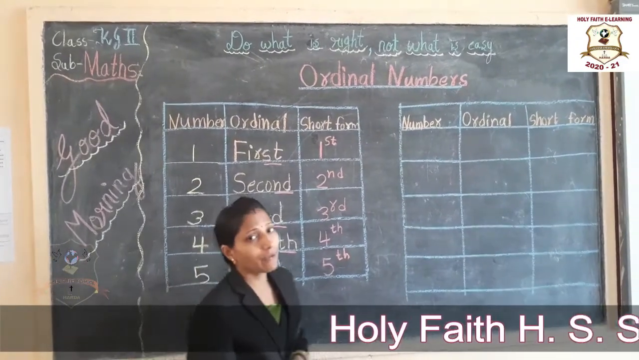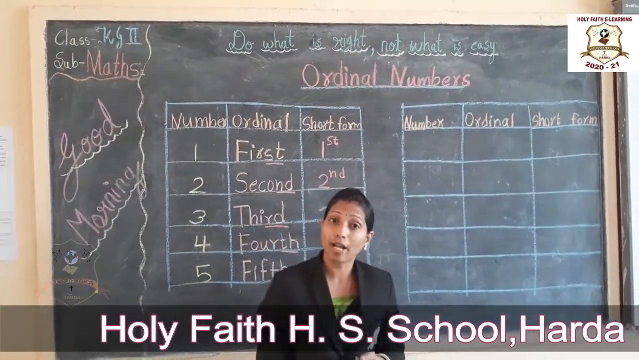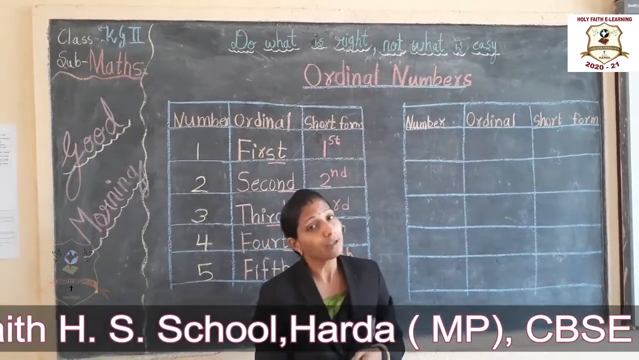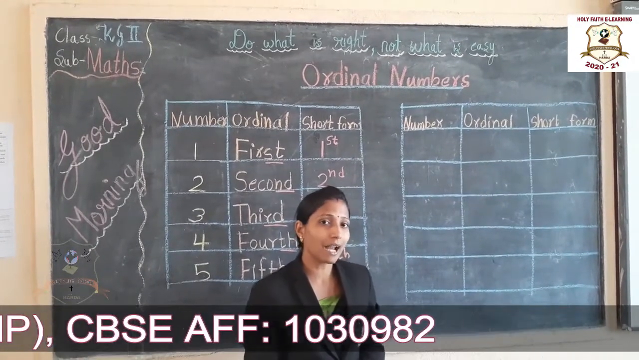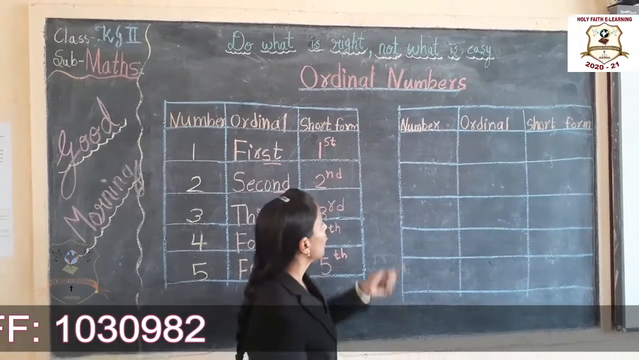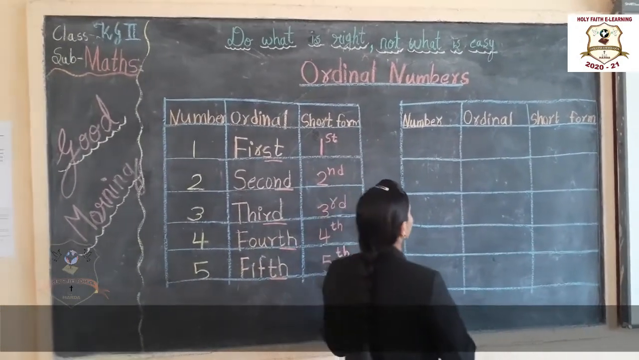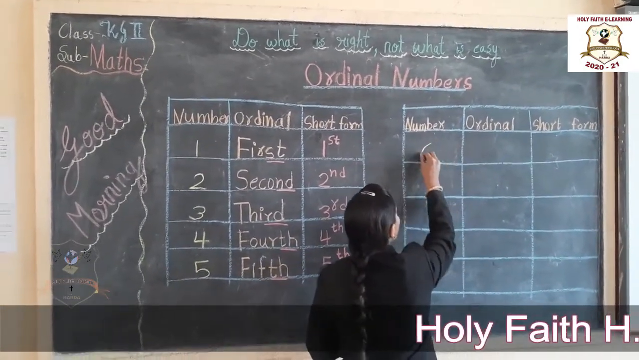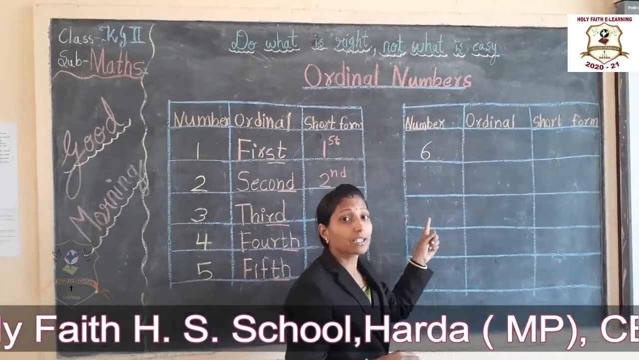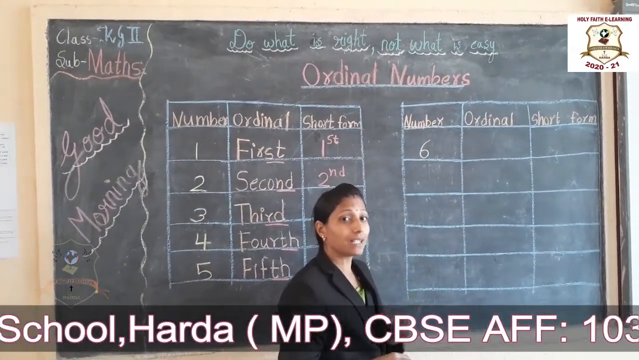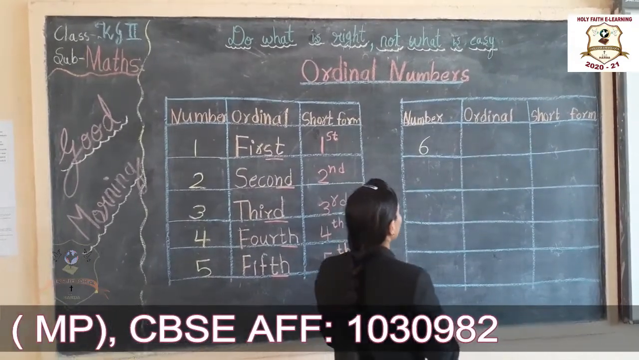Now, today we are going to learn how to write ordinal number 6 to 10. Okay? So take out your pencil and notebook and start writing. Okay? Look at the blackboard all of you. Tell me which number is this? 6. The ordinal number of 6 is, look at here,